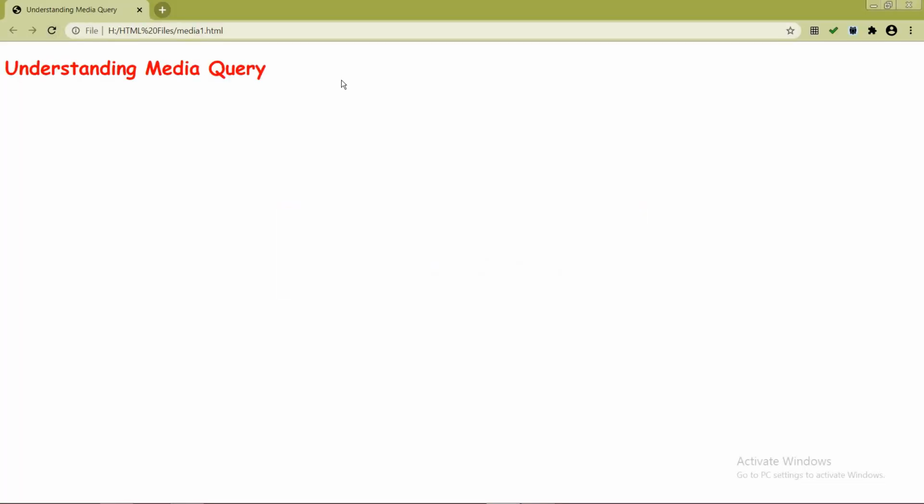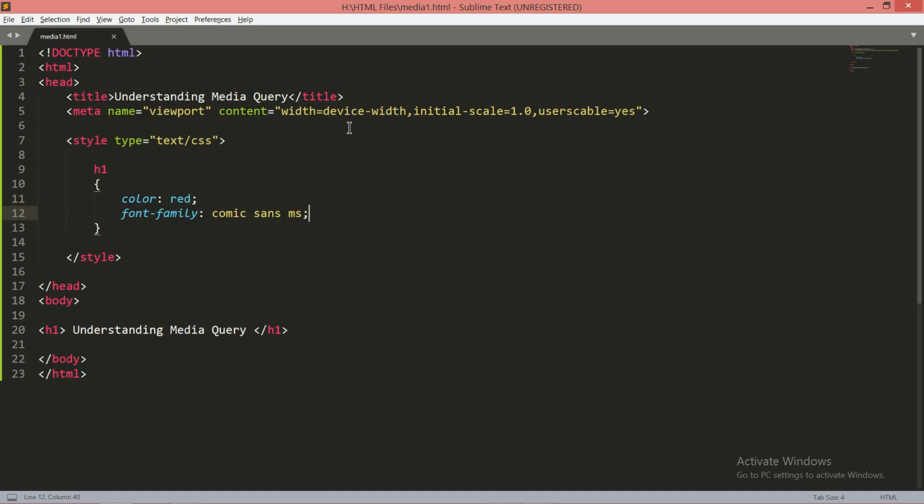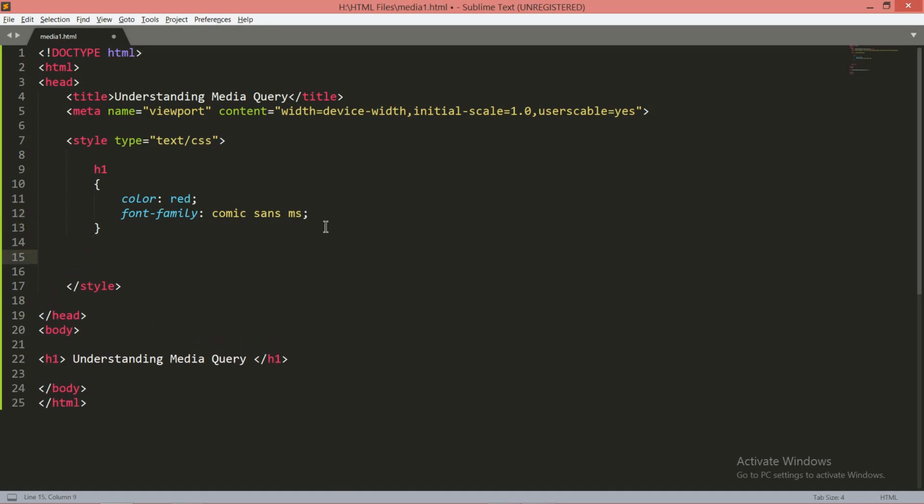Now this is the output. Now I want to implement some media queries. In CSS 3.0 you can use CSS media queries for the screen and for the print as well. It means you can use media queries in two different ways. The first method is @media only screen.